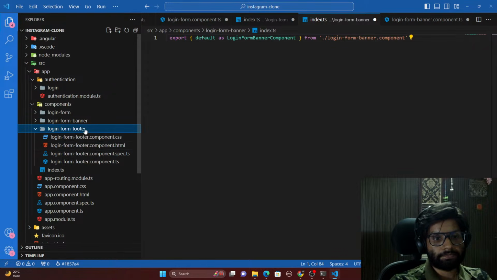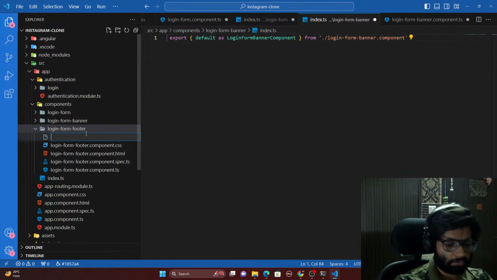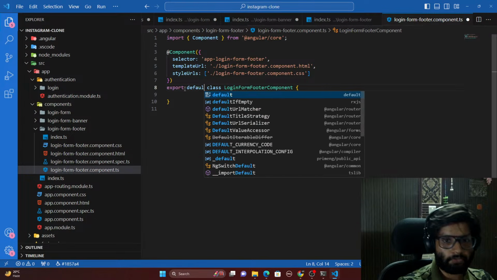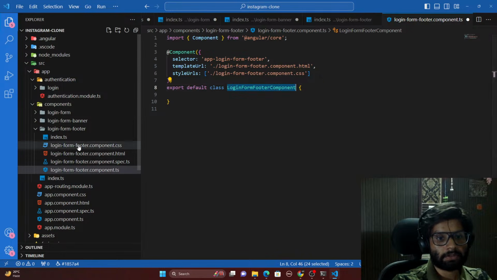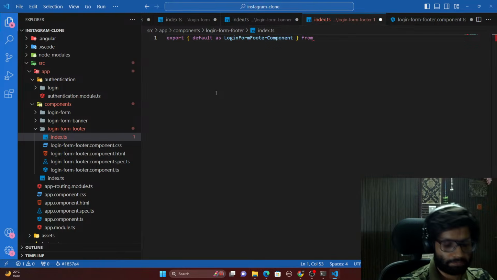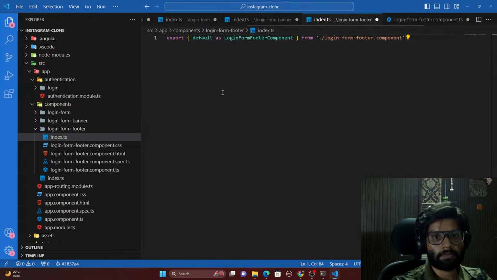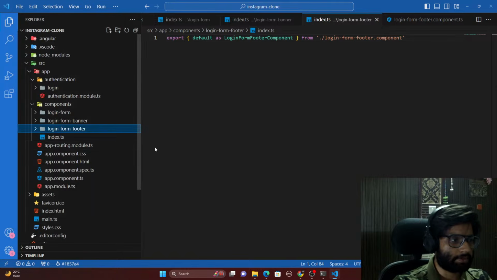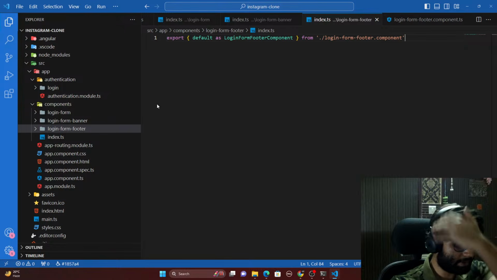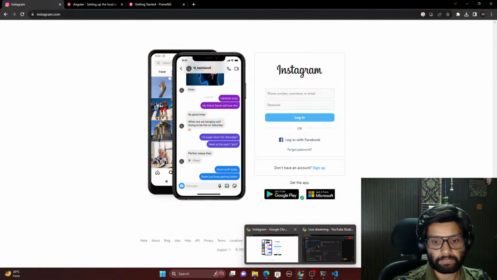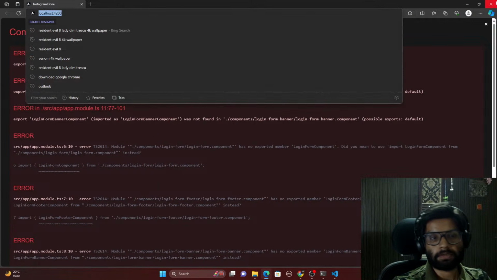Now is our login form footer, and for this we are going to follow the same footsteps. Going to this component file, default to the login form component, and here we'll do export default as login form component from login form component. Now once everything is ready, you can save everything. Now once everything is saved, just go to your app, the app you have created over here. Let me just show you. Let me just grab this file,